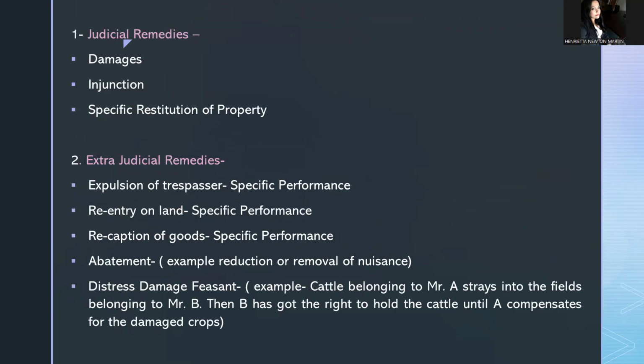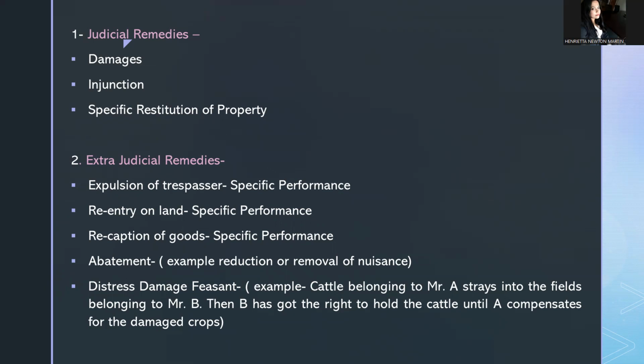Now, examples or the types of judicial remedies are, of course, damages in the form of compensation, monetary damages, and so on. Then, of course, there is injunction. You know what's injunction? I explained last time. It's like a cease and desist order. It's also called a stay order in lay terms. A stay order or cease and desist order, and this injunction may be permanent injunction, or it can be interim or interlocutory injunction, or there are different types of injunction.